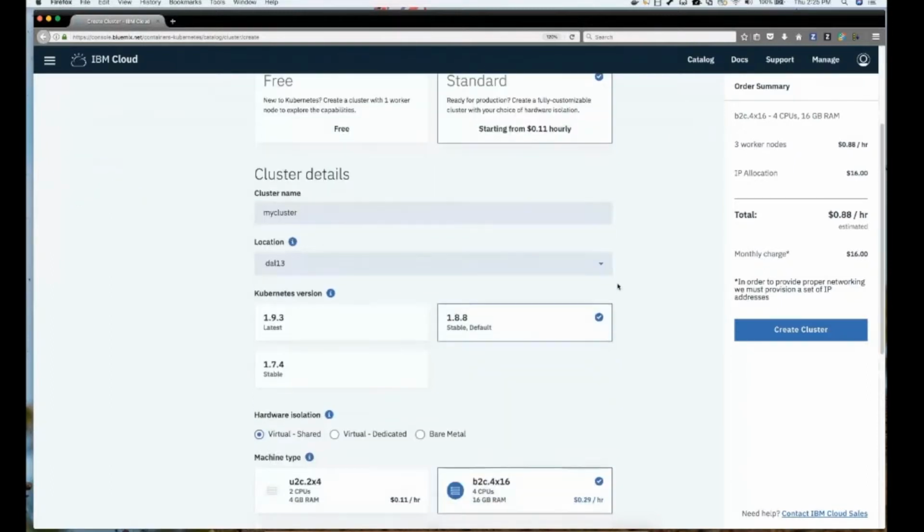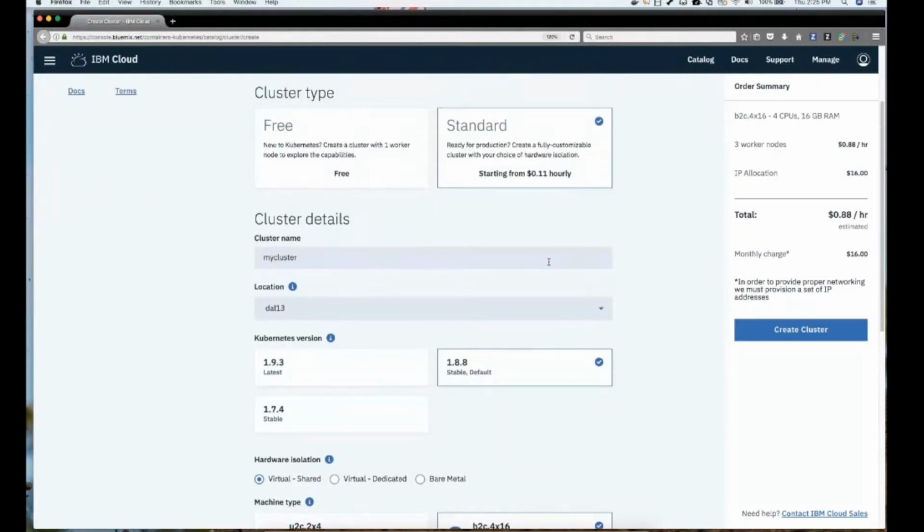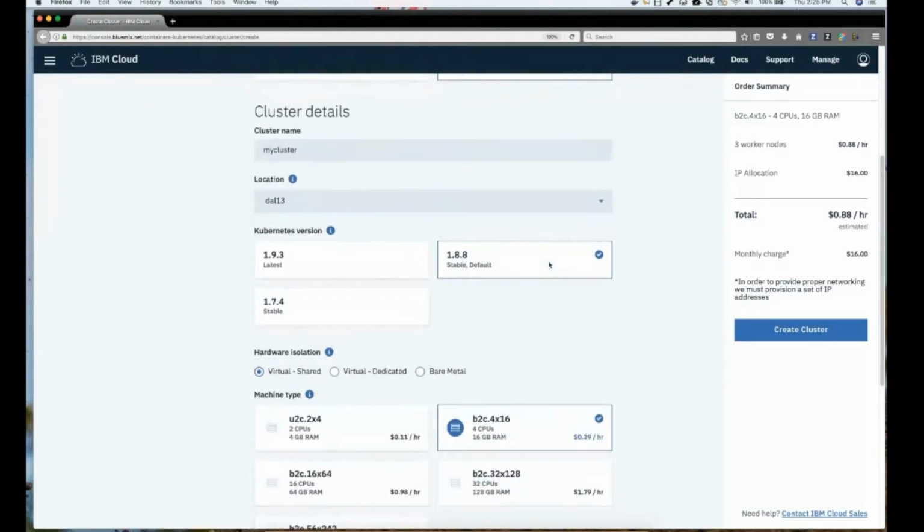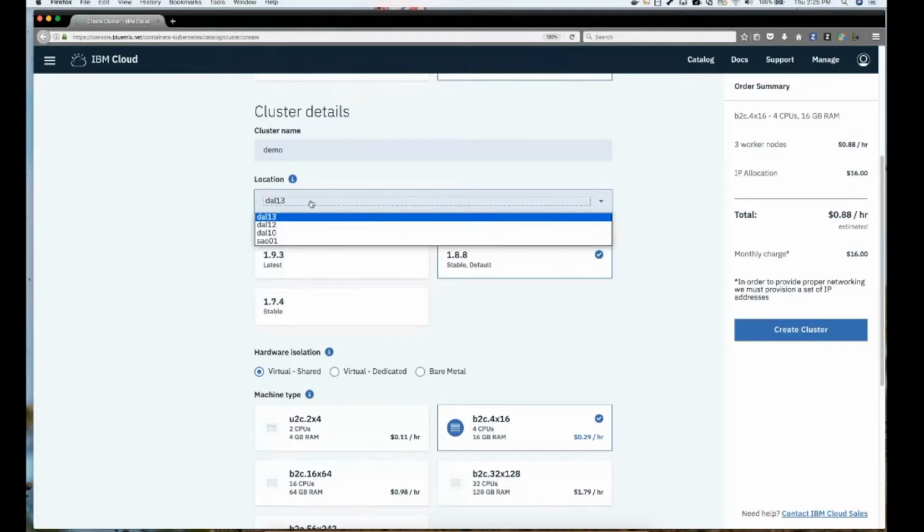And as I scroll down, we'll skip the free and standard because, again, with the standard, there's a lot more options. It's a little more interesting. So I'm going to give it a name, something very provocative like demo. Within that region, I've got different locations. So these are data centers where the container service is supported. So you can see here I've got Dallas 10, 12, and 13, which makes sense because I'm in US South,